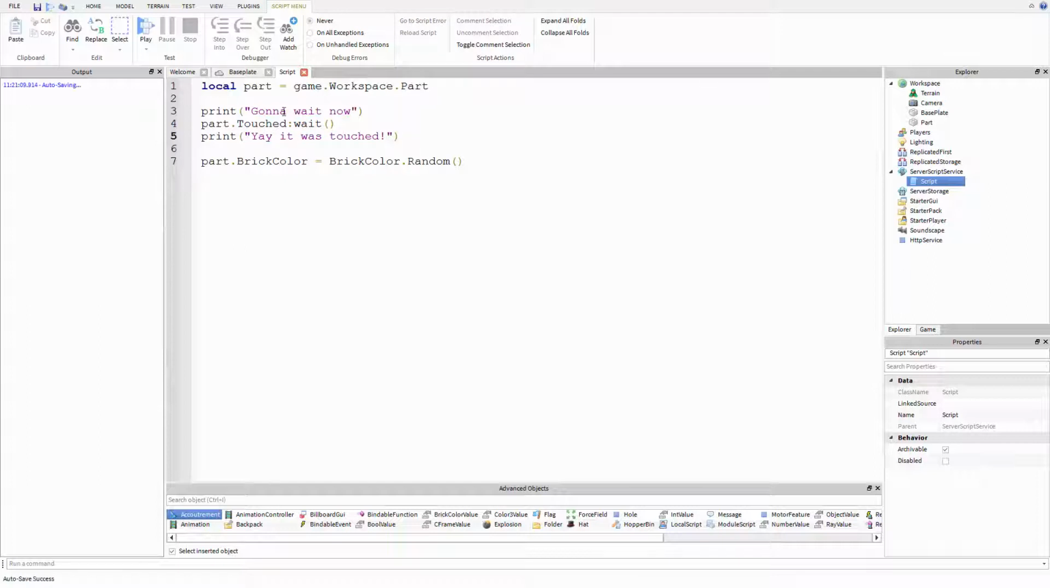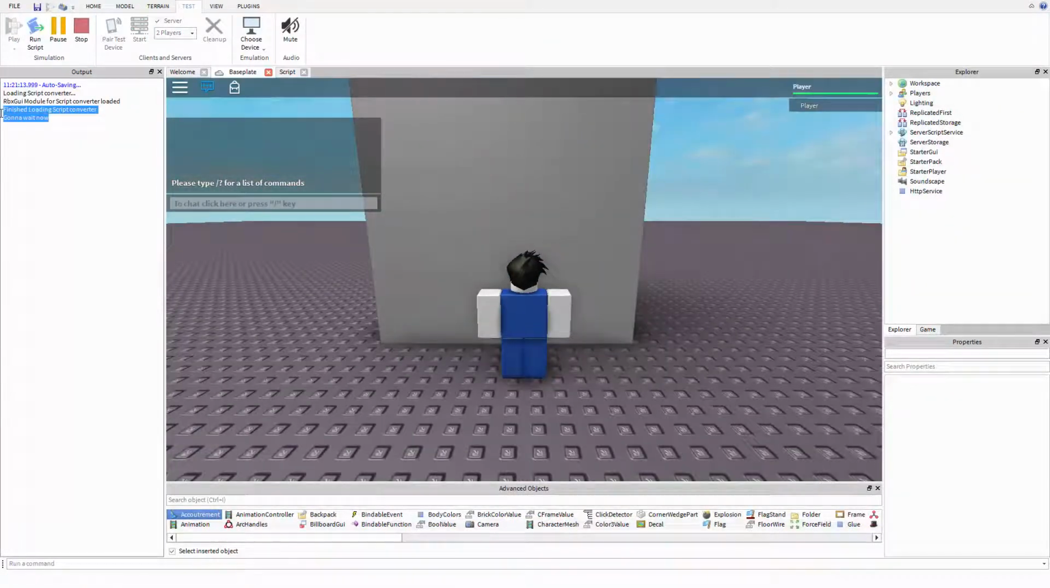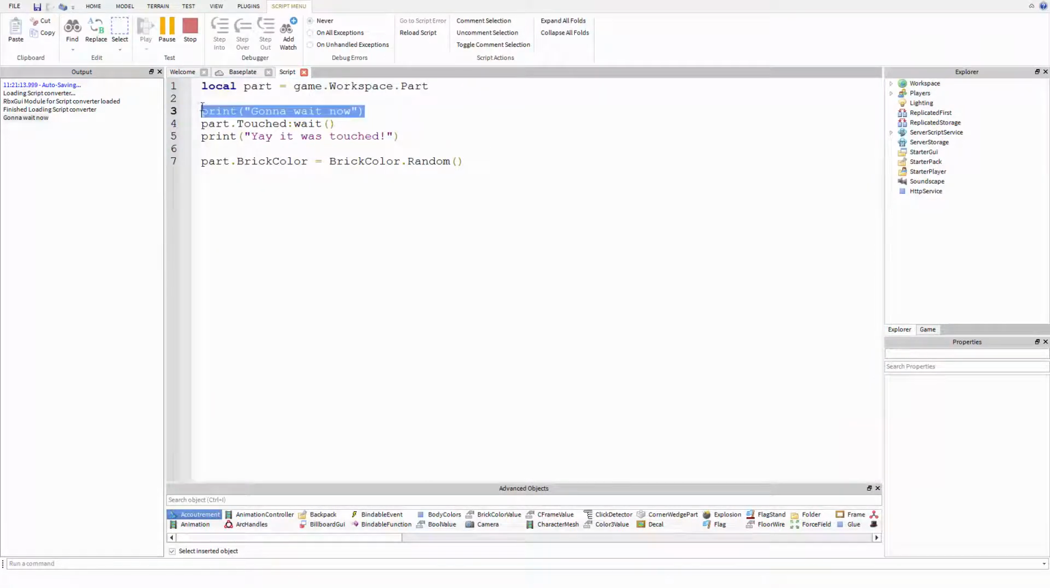Print "gonna wait now", and then here we're gonna print "yay, it was touched". Okay, so let's go ahead and we'll keep track of this print statement. Let's go ahead and press play. Right here it says "gonna wait now". So if we go back to the script, "gonna wait now", it's here, and we'd expect it to just go straight to here with what we knew already. But because the script is yielding, which means it's stuck right here. It's stuck on this line because there's a wait. So it's not going to continue past this line. It's yielding